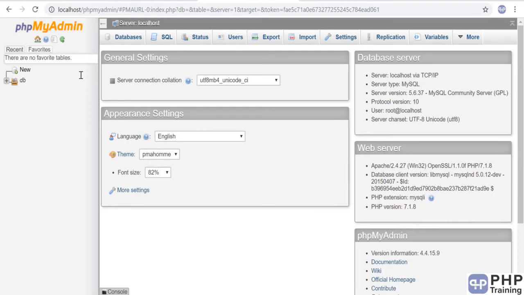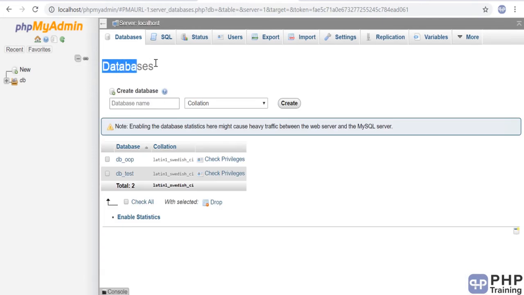Once you are logged into phpMyAdmin, on the left hand side you will see all the databases. You can create a new database. A database is a collection of tables, so you cannot create a table without a database. We're going to look into all these details, how to create a table, how to create a database, how to insert a row, and all those things in the upcoming lectures.